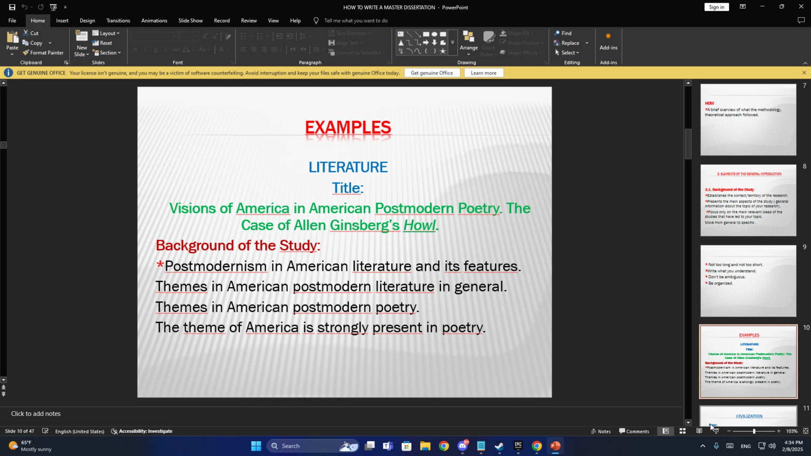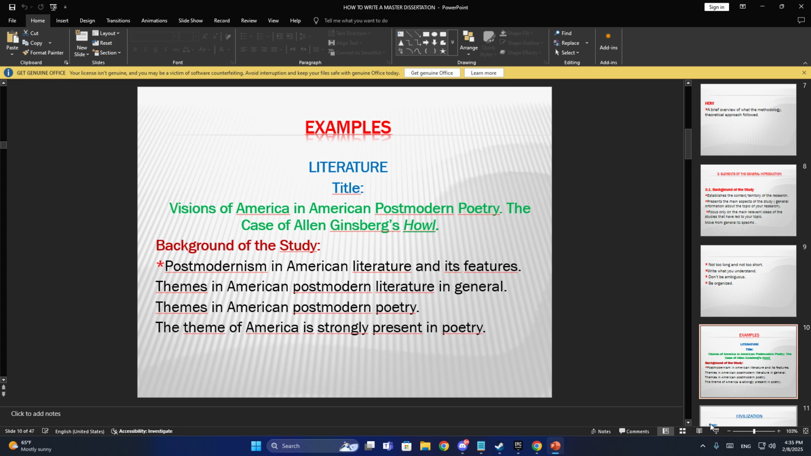I have given to you here two examples of what to write in the background of the study. First, if the subject is literature, the title of the dissertation, let's take this one: Visions of America in American Postmodern Poetry, the case of Allen Ginsberg's Howl. So Allen Ginsberg is a poet, right? An American poet in the postmodern era. So when I read